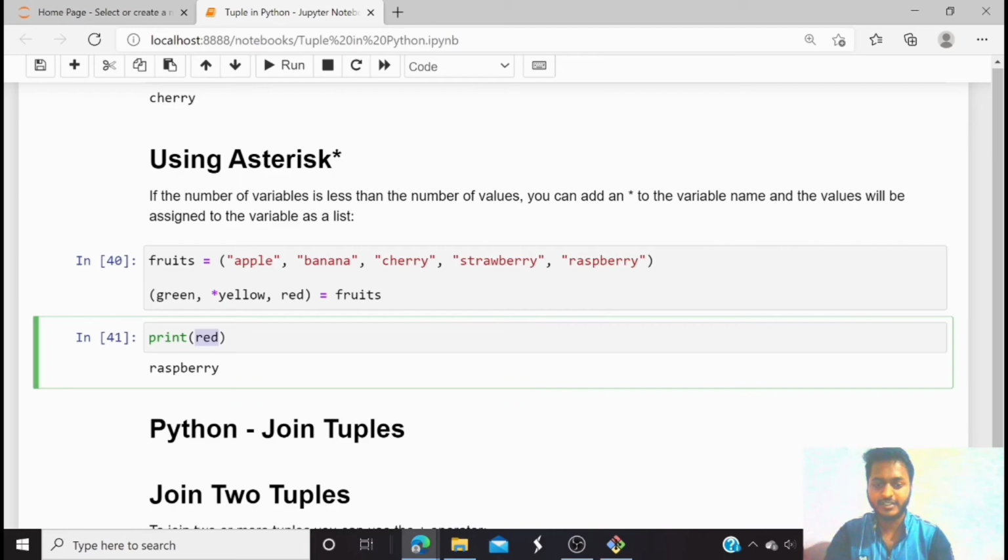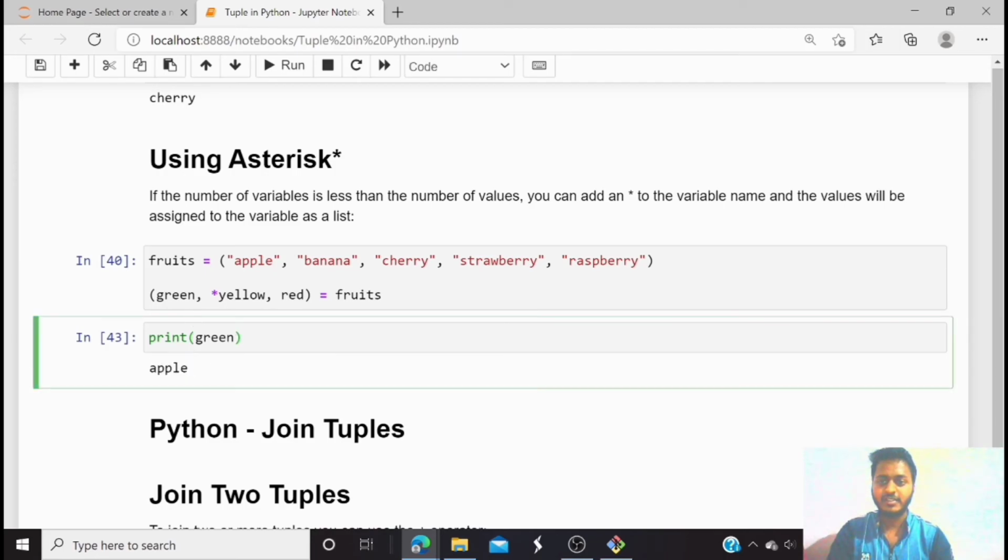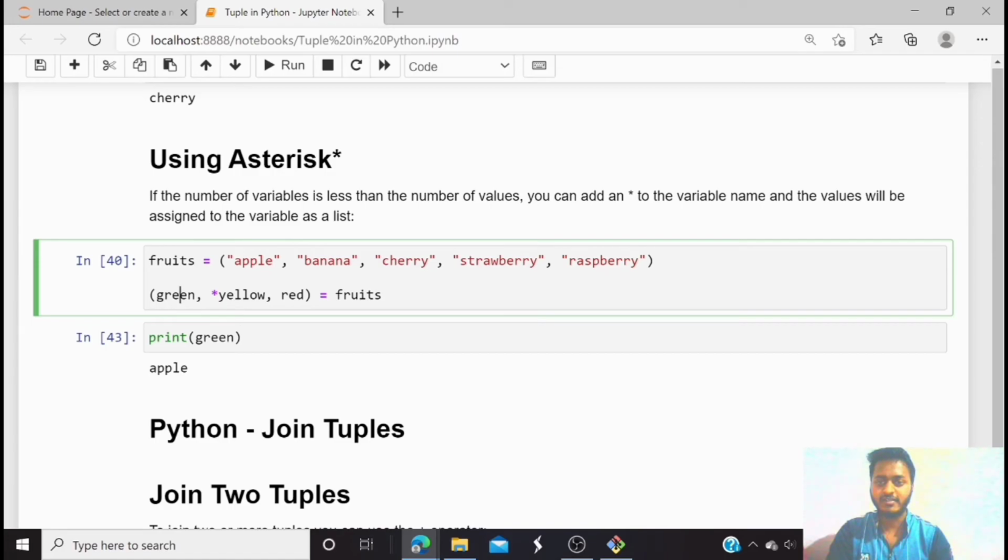If I use yellow, it had stored banana, cherry and strawberry. If I use green, you can see it had stored the single value apple. It means green has the value apple and the last one, red, had the value raspberry pie, and the remaining values are assigned to the yellow one.